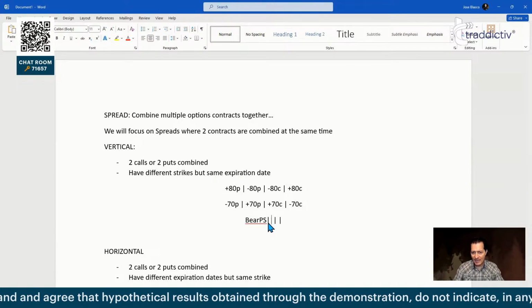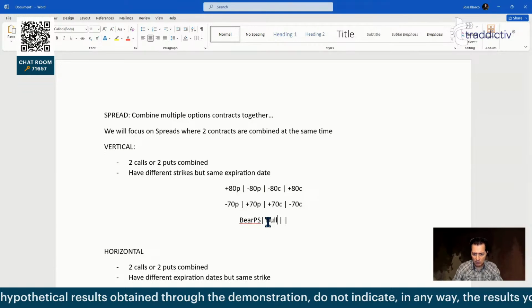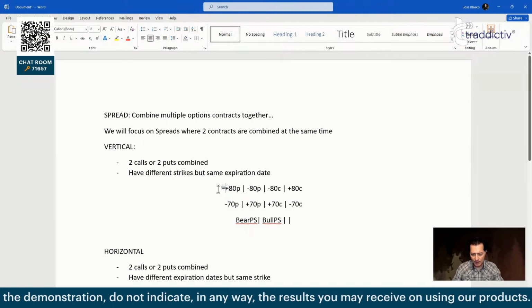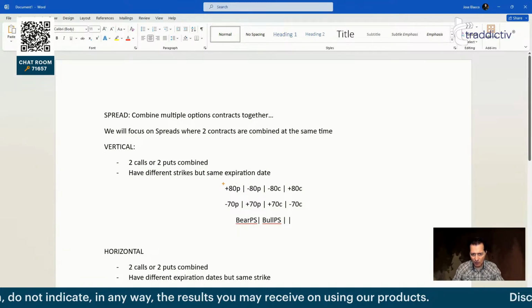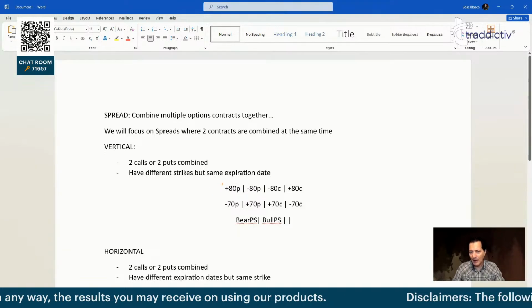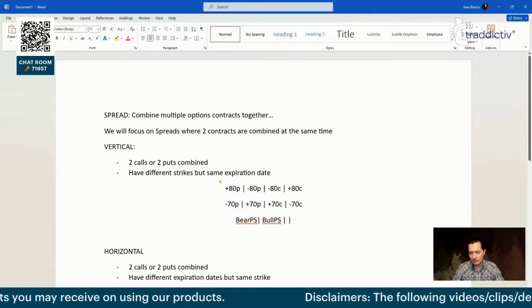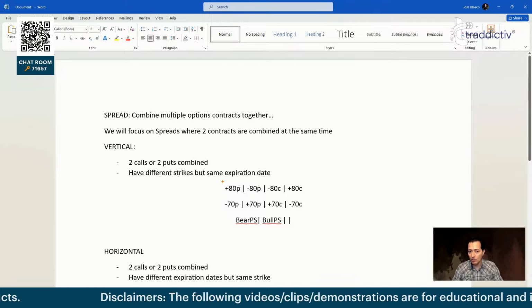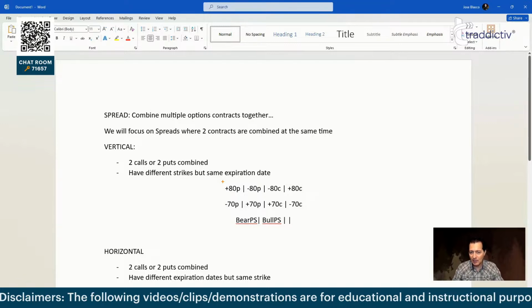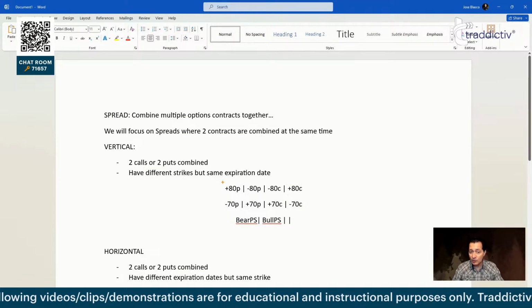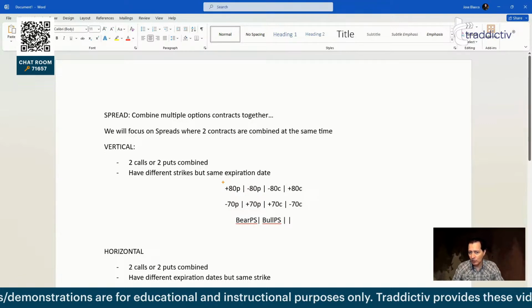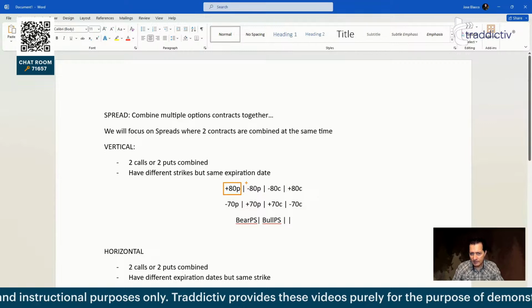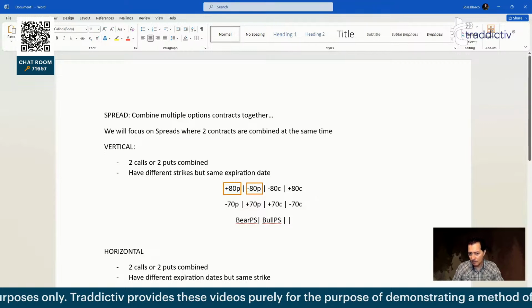Okay. The next one is a bull put spread. Why is it bull? Well, because, again, this is coming back to basics of options. I want to say that very quickly because I cannot go so basic, so I'm just going to say it once. But when you are doing basic option strategies where you buy a put only, buying a put is bearish, whereas selling a put is bullish.